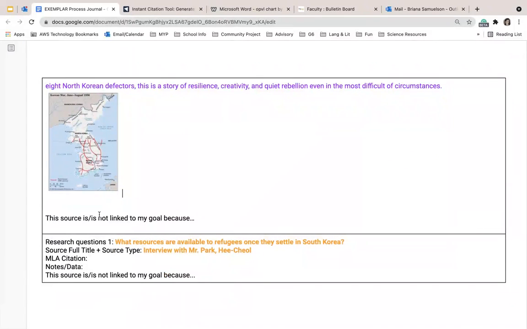And I also really want to think about, is this source linked? Did the Britannica help me get to my answer? Did the documentary help me get to my answer? So I need to